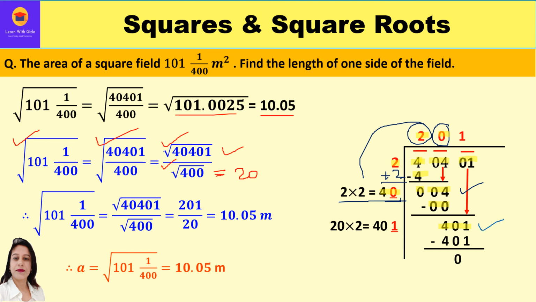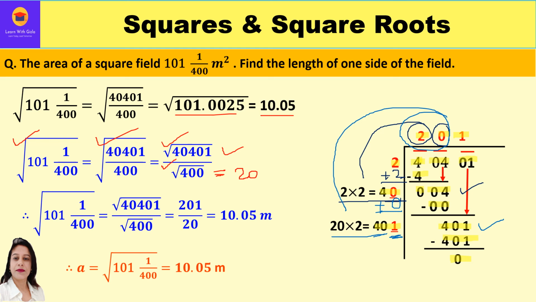Now we shall solve it by taking the quotient. The new quotient now is 20 over here. We shall take 20 and double it to get 40, or another way is to simply add the newly added quotient, that is 0, to get 40. Now leave a blank over here, right? What number should come in this blank so that the product is equal to or less than 401? So clearly we can keep 1 over here. So 401 is the divisor, 1 is the quotient. We will get 401, which is exactly equal to the new dividend, that is 401. Now the difference is 0. The remainder has come 0. There is no more period left with us.